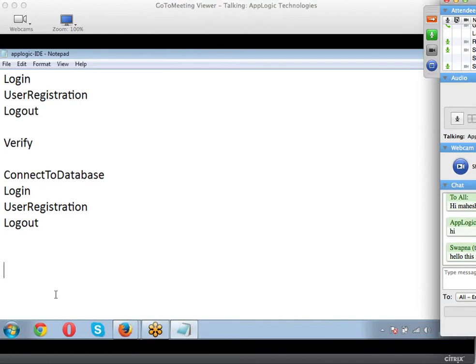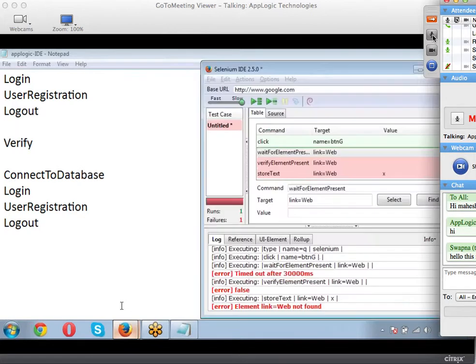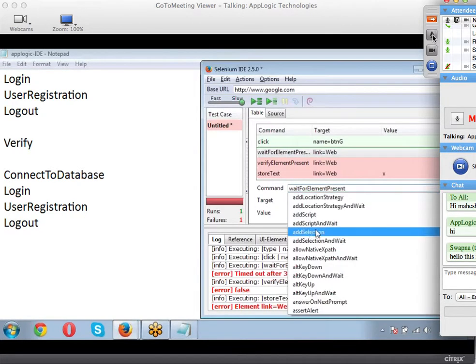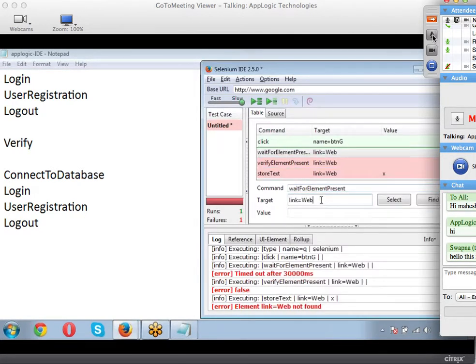Guys, if you are not understanding, please everybody stop me. I'll repeat it. You need to understand the logic here. Selecting a command is not a big deal. I can select a command from this list and give the object name, and done deal. The IDE will take care of that. But the internal working you have to understand.